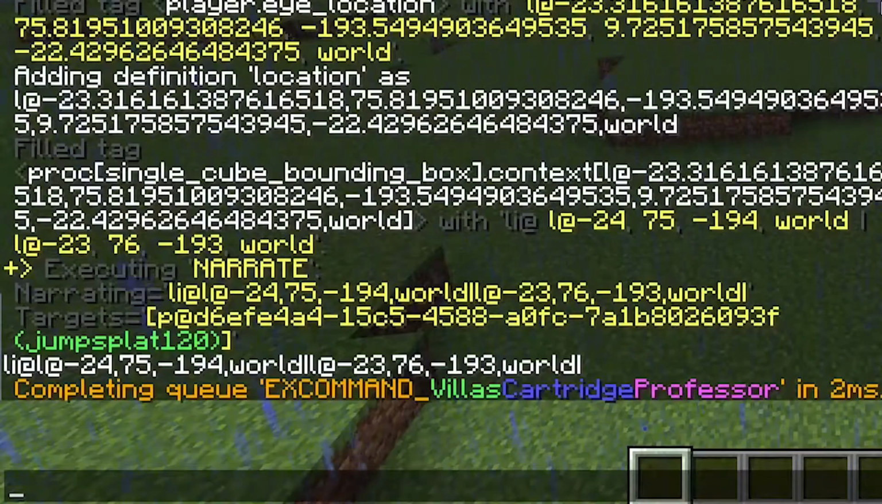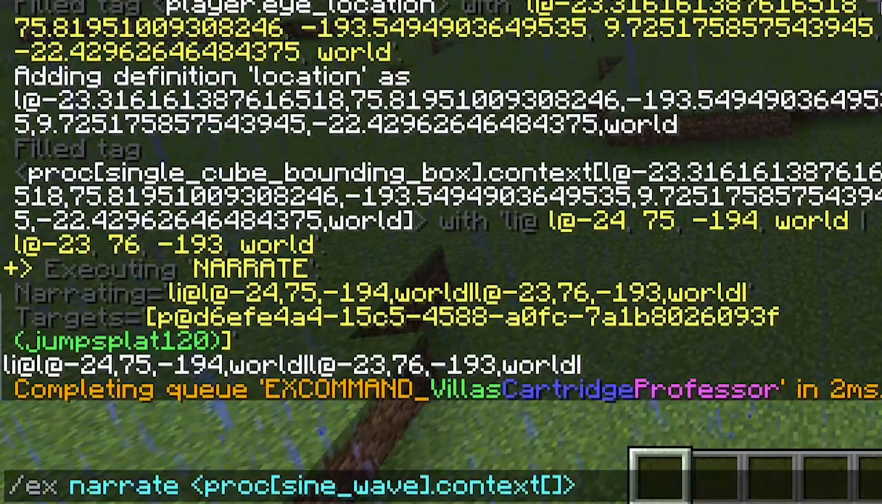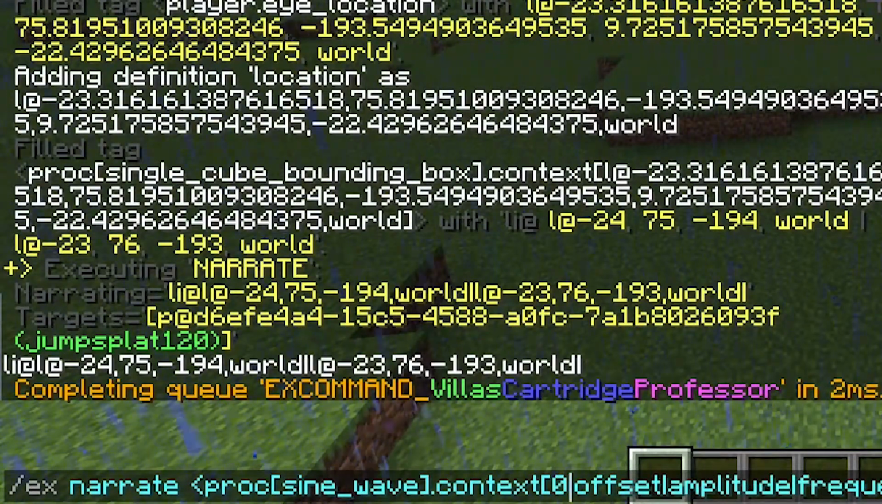Alright, so the next one is pretty simple. Well, I guess it's simple if you took trig. It's Sine Wave, and it's literally just taking the sine function and giving you some parameters to play around with. Specifically, I can input a value. So in this case, if I were to input 0, we'll say